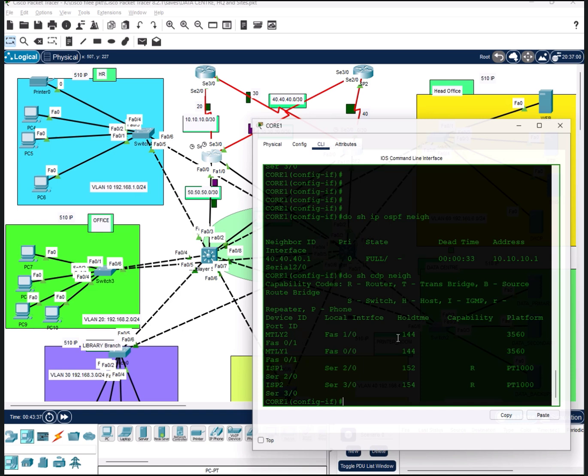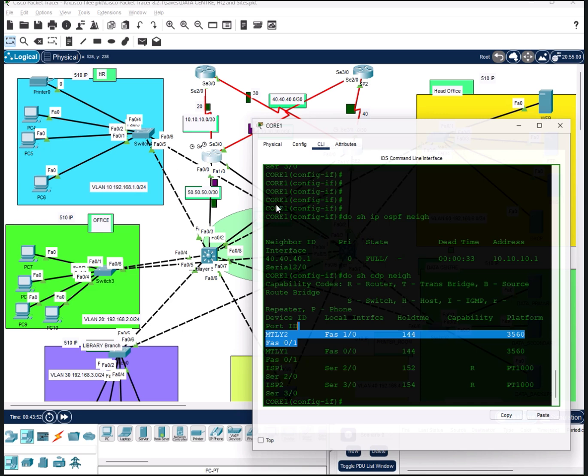This protocol is actually Cisco proprietary. We can use the Link Layer Discovery Protocol on other vendors to find the status of the other devices on the network. So we're using CDP here. Let's say we're willing to check whatever is on multilayer switch 2, not 1 in this case. So this tells us that this is the interface, and then that is actually the interface as well. So whatever is on that interface,